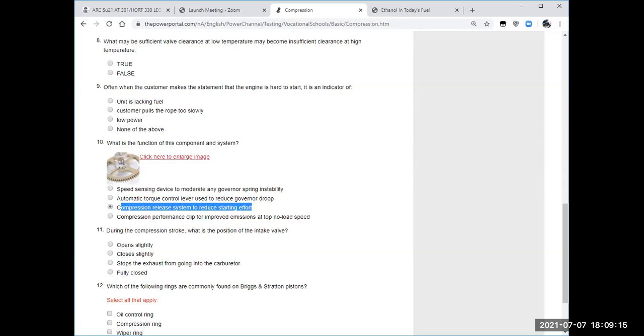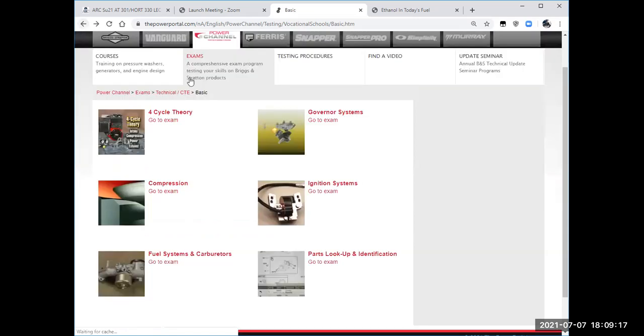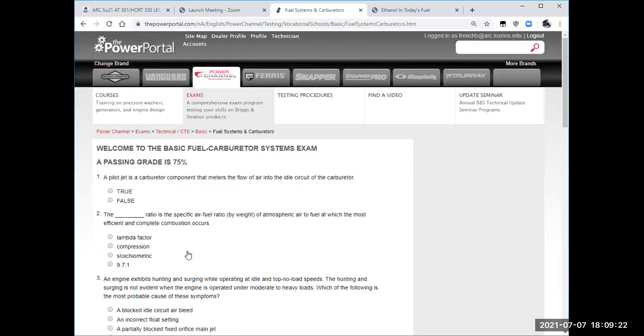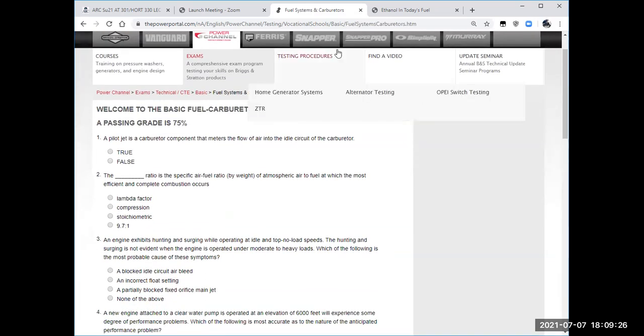Where we're going next, though, in our class is the fuel systems section. And why is fuel system so important? Well, I mean, I talk about engines first, because I think you have to understand how an engine works. So you get that, hey, that engine needs a good mixture of air and fuel, right? But really, when we look at our problems that we have on small engines, I would say a good